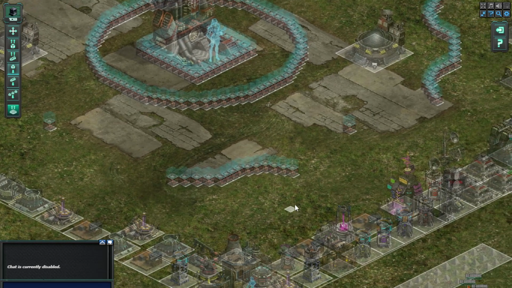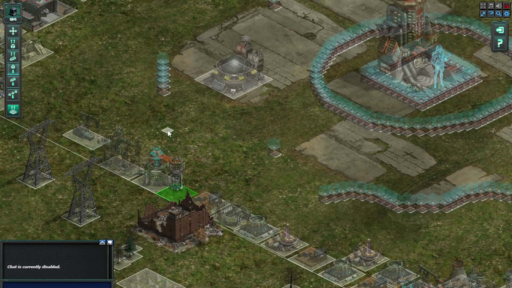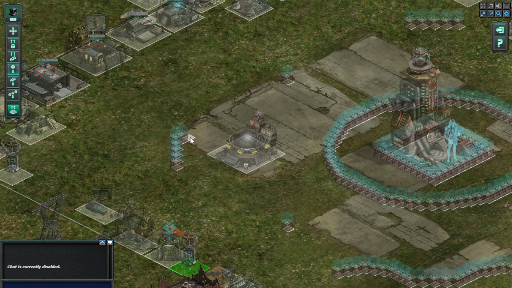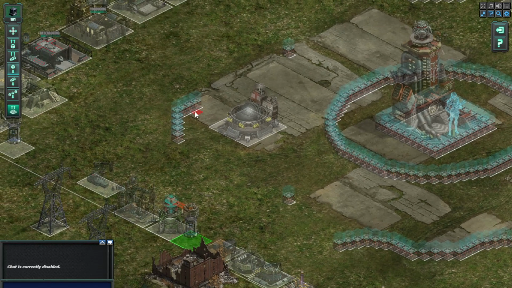Yep, that looks right, I think. This is almost a carbon copy of my old base. I just hope I've got enough walls to do this. Start there, that's going to be the hardest side. Ooh. Doing that right? That doesn't seem right to me, but